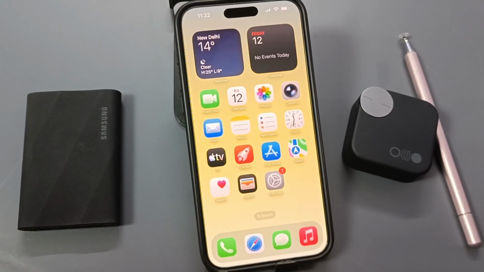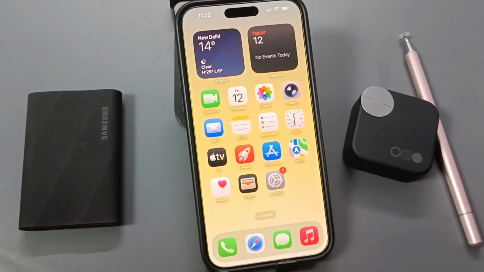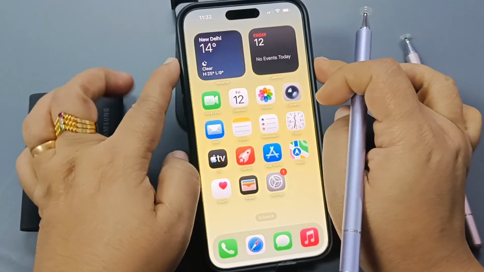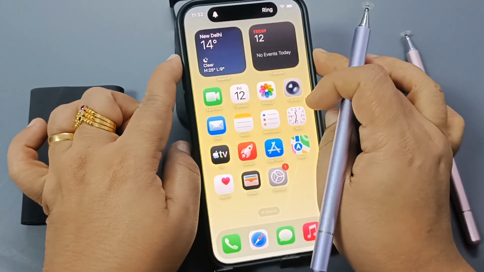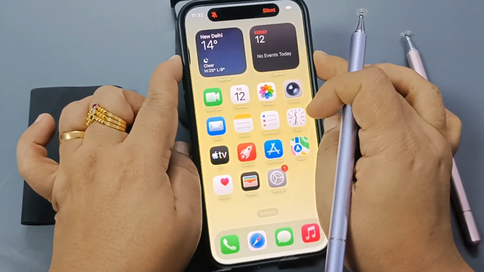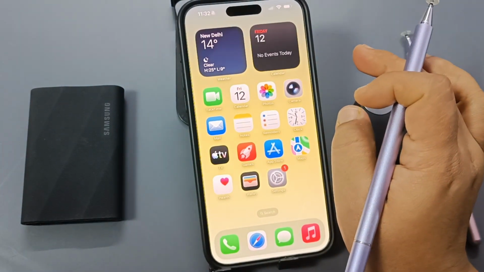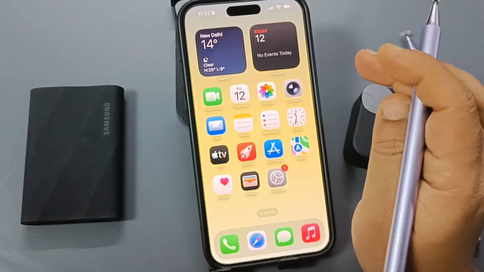So today in this video I am going to show you how to set the translation as the action button on this device. So in this device on the action button you can see the silent mode is activated. So let me show you how to set the translation as the action button on this